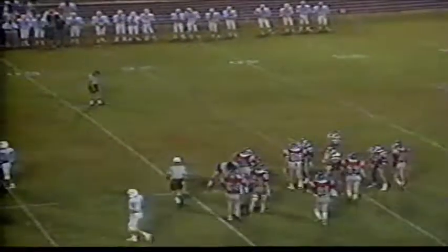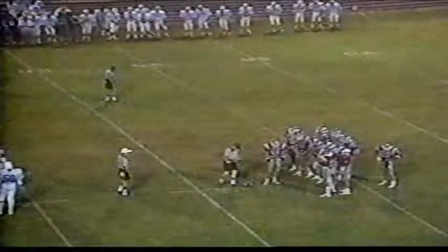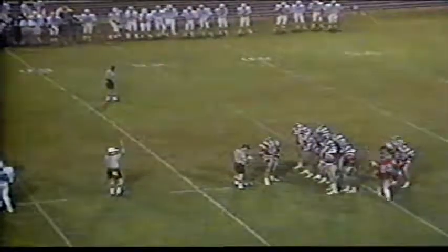But a good pickup by Eckler. He gets it inside Warren County territory to the 49-yard line. That'll bring up a third down and 2 for the Blue Devils with 44 seconds remaining in the third quarter. Eckler hands off to